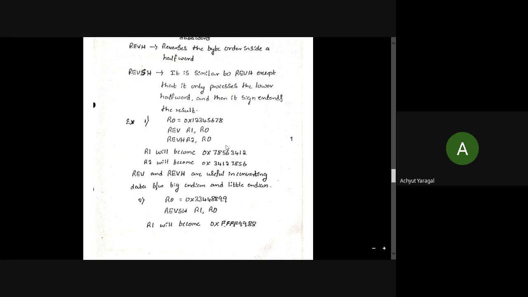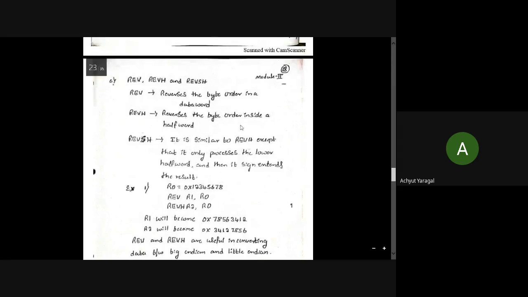Okay, remember, according to our understanding, REV means reverse, so our number should start with 8, 7, 6, 5, 4, 3, 2, 1 here, right? Okay, so it is not possible in this case. The definition itself says that it reverses the byte order here, not the nibble. If they said nibble, then it would come like 8, 7, 6, 5, 4, 3, 2, 1. Reverses here. It is byte order. That's why the whole byte gets shifted here. 78, 56, 34, 12 here. Okay, so this is how it is going to happen.